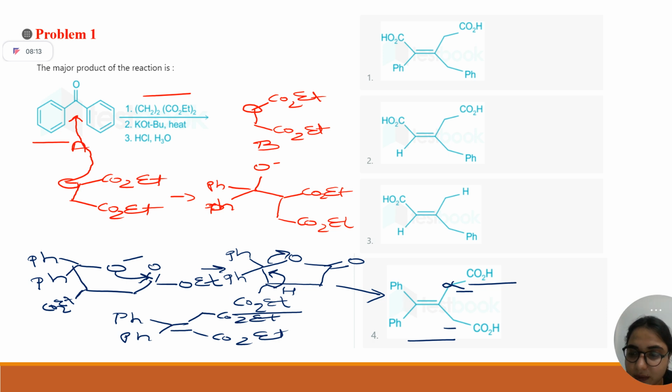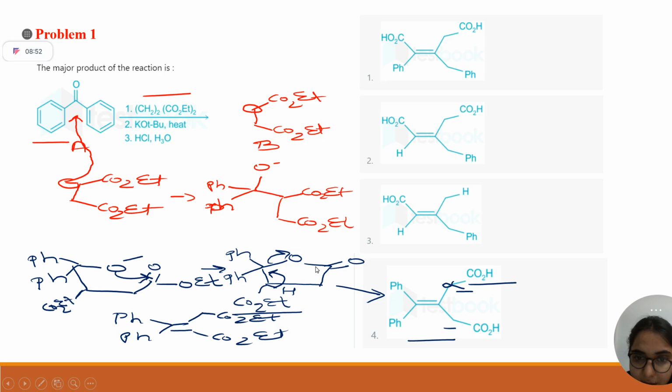Yes or no? Students, is this problem clear? Yes, ma'am. Ma'am, one more thing: what happens is the tert-butoxide will come and abstract a proton such that it forms a negative charge, and that will attack this benzophenone. Exactly. This tert-butoxide will act here as a base. It will abstract this proton. First, it will attack this ketone. Then that ketone O negative will attack the second ester moiety present in it.